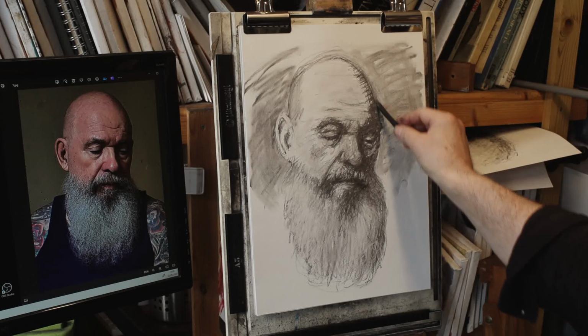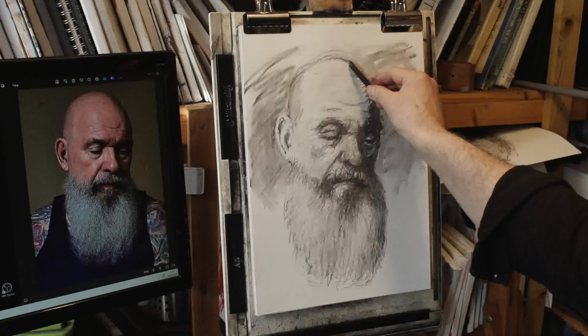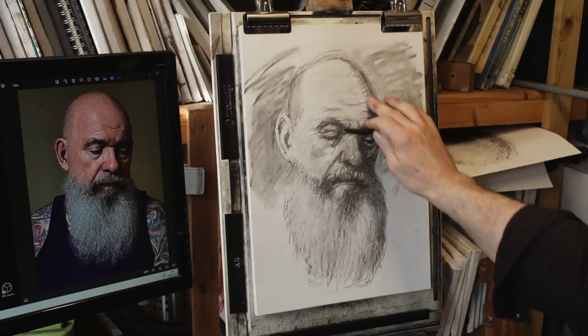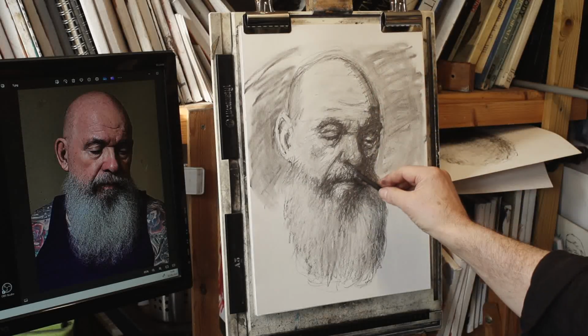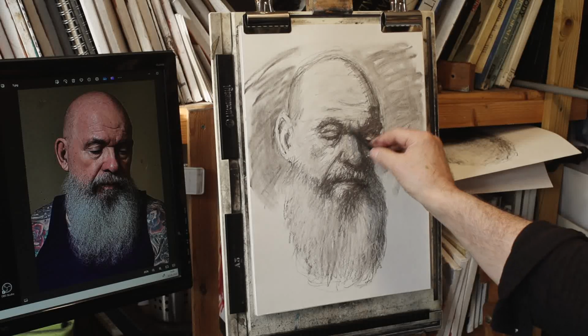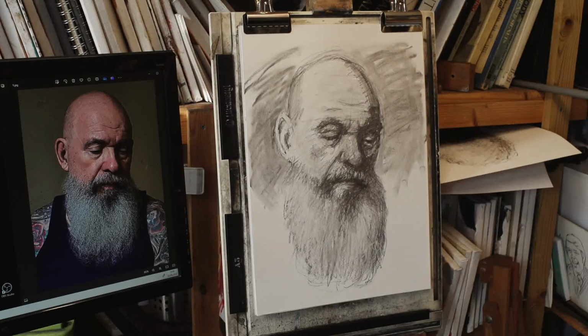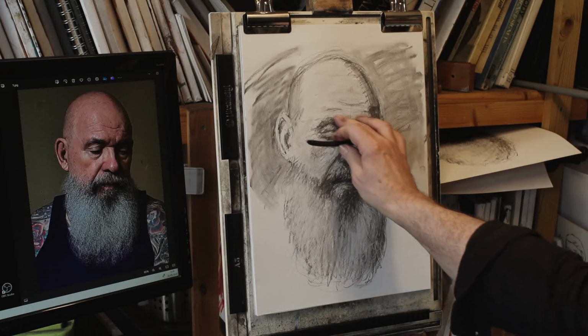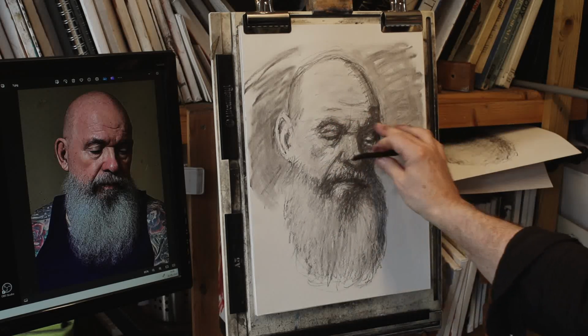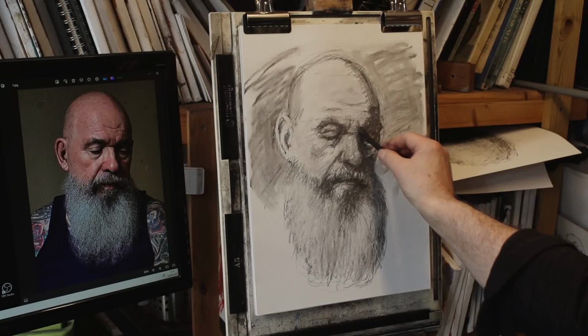sweep over the top of his head there, and then where the tone finishes, this darker bit finishes, is roughly in line with his nose. So I can bring that down, and I know that's where it stops. So yeah, I'm more or less done with it now. As I said, it's just a case of tweaking all the tones, and